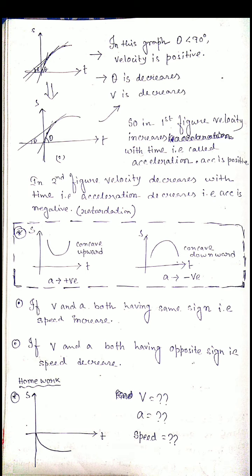In this graph, the two graphs are the same, because there are many tangents I will draw. It is for understanding purposes, that's why I also draw the same graph two times. So you see that if we draw a tangent for this graph, the theta value decreases every time, but the value of theta is less than 90 degrees.